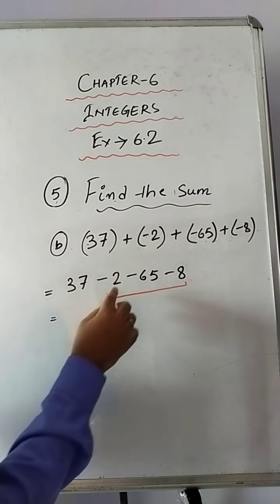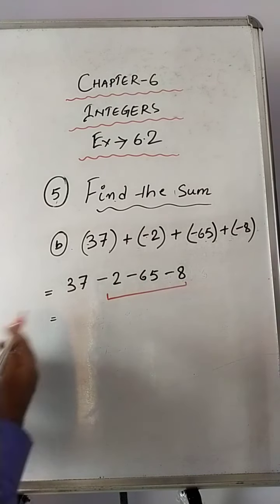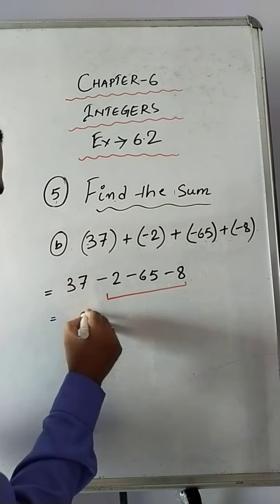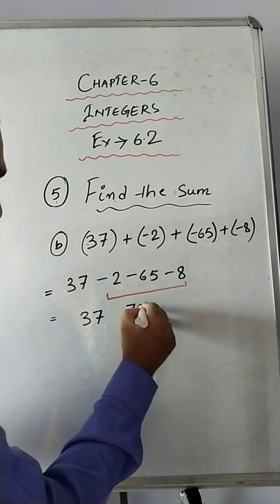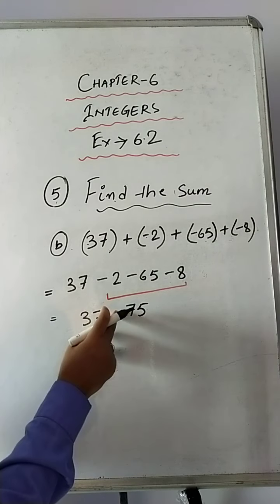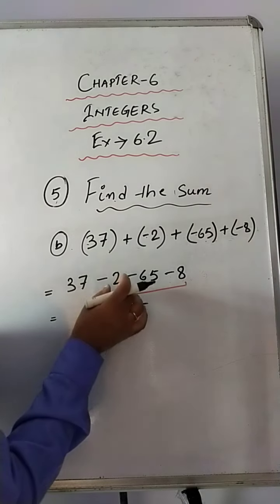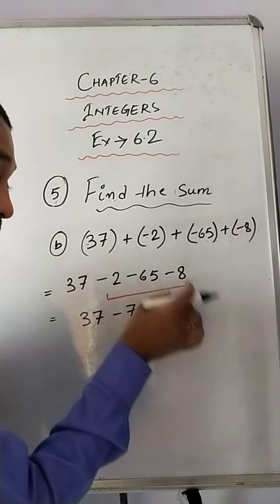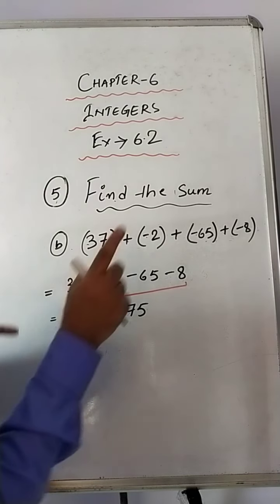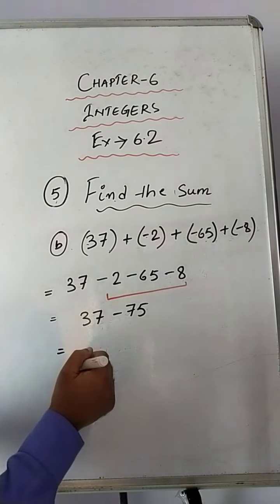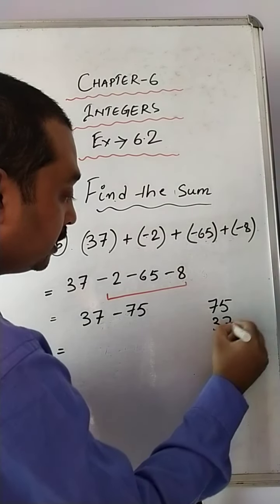Fine. So the result of the addition, the sum of these three numbers, will be what? The first thing that we have to write is 37, and now the sum of all these three numbers will be 75. Fine. And what sign do we have to put? Minus. Okay, remember this, the numbers which are carrying the negative signs, in this case also you have to add, but with the answer you have to put a minus sign. Fine. Now plus minus, 75 minus 37, tell me the answer.